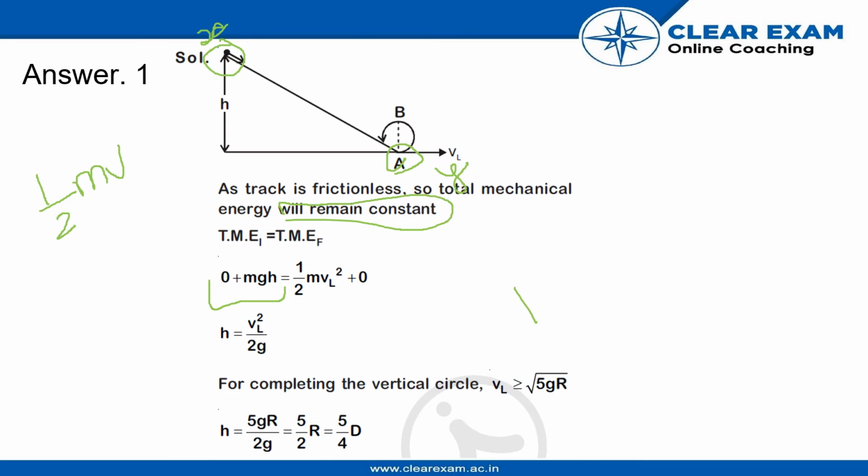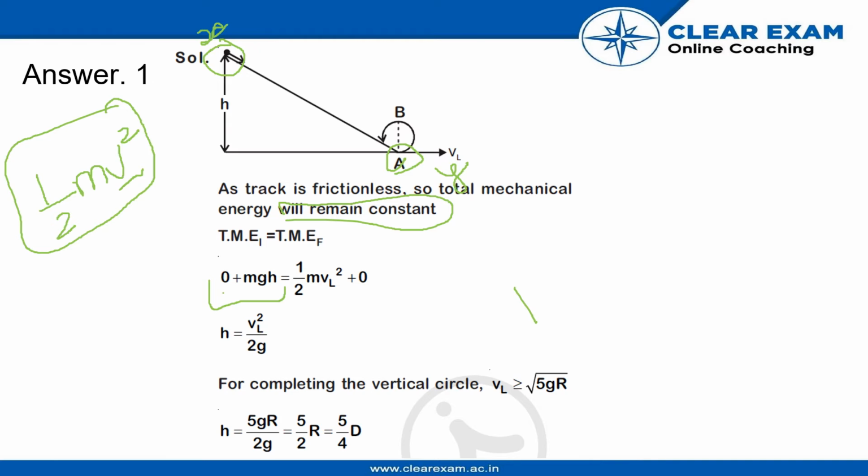Here m is the mass of the object, and v is the velocity of the object. The body is at rest in the initial position, so v will be 0. If v becomes 0, then the whole kinetic energy term becomes 0. So kinetic energy at point x is 0, and we write 0 here.